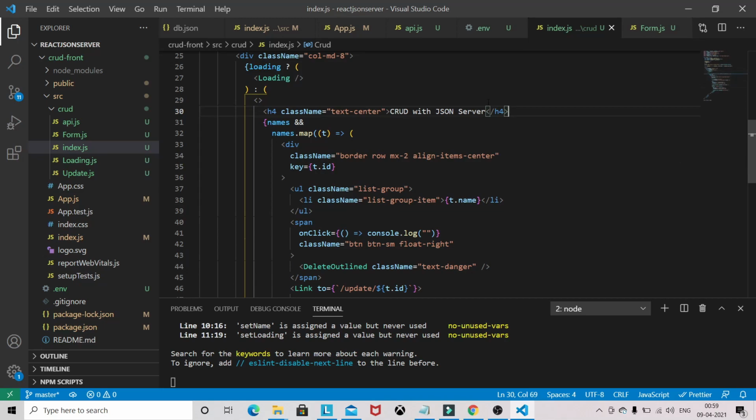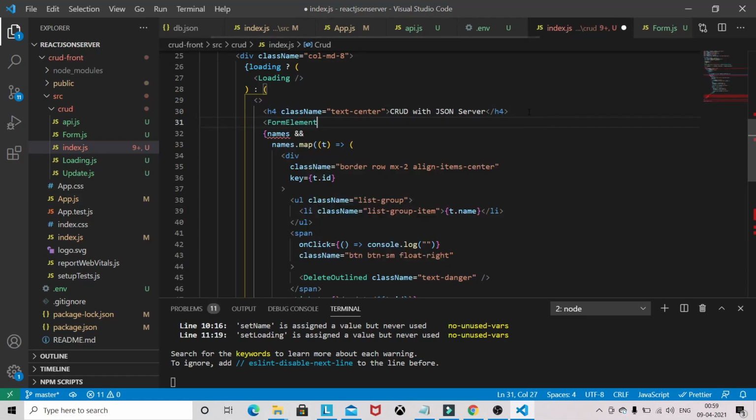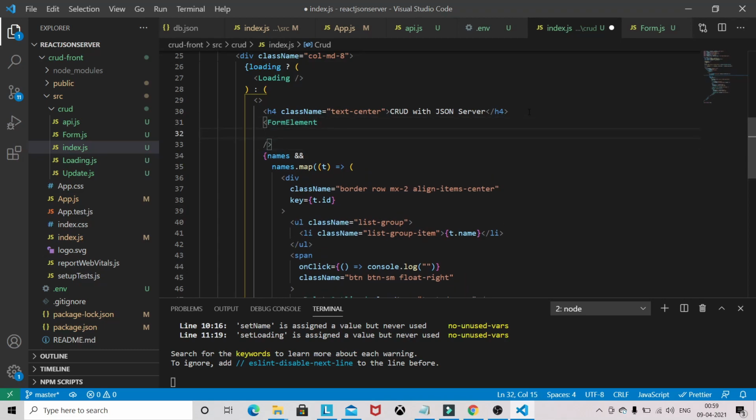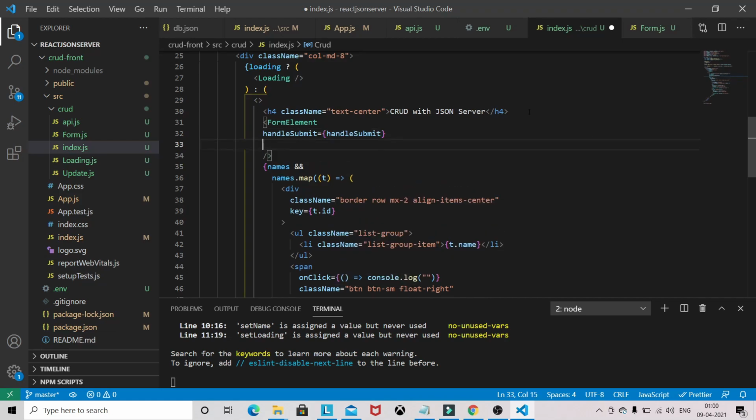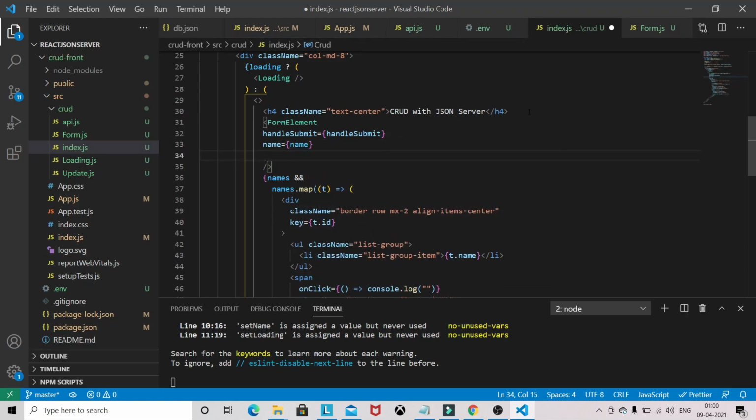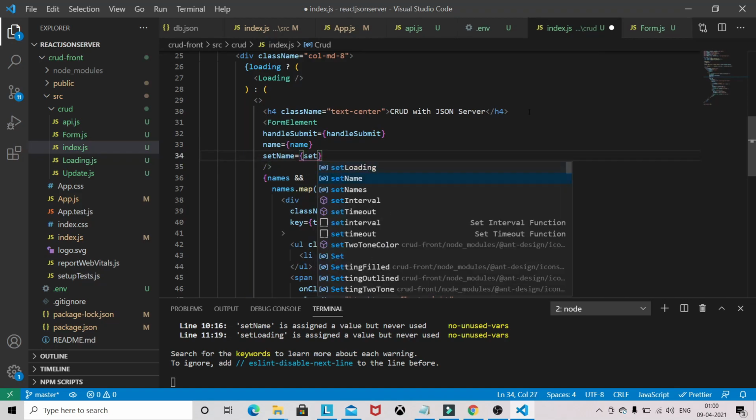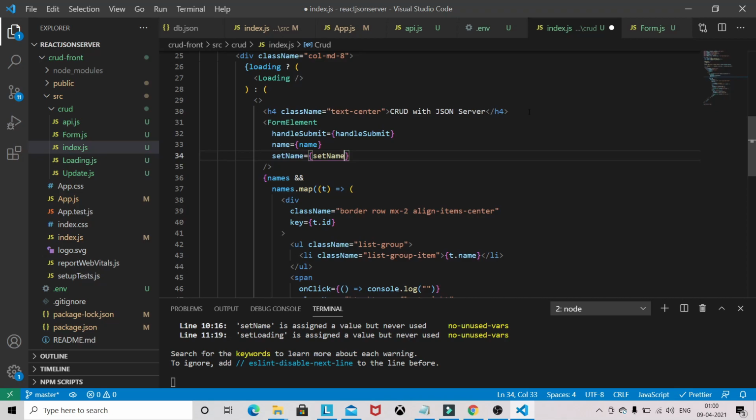So let's bring that form element. We have specified handleSubmit, name, and setName. Now we have to create this handleSubmit function to create the names.